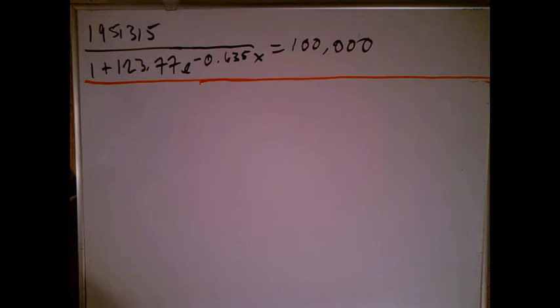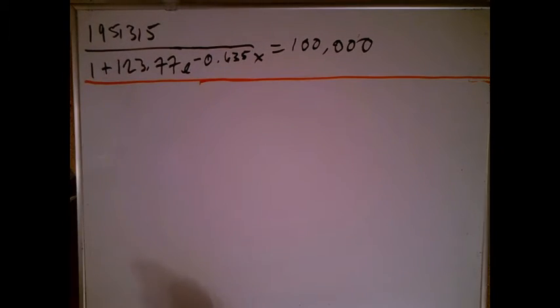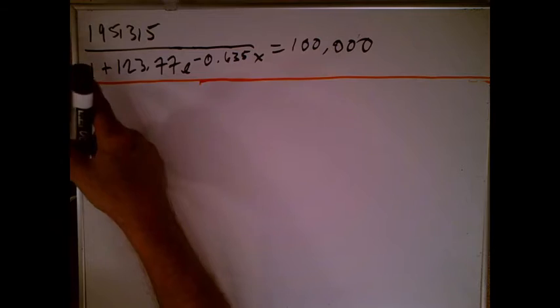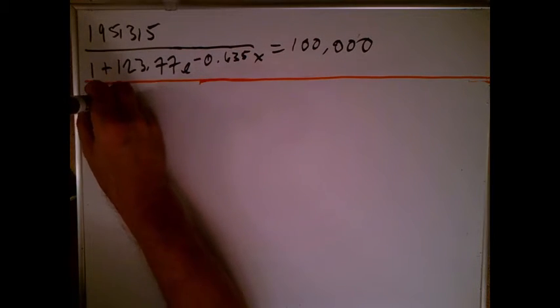If I try to take logarithms right away, I'm going to get a mess because of this plus sign down here. I'm really going to have to try hard to get e to the something by itself and then use logarithms. So what I'm going to do, unfortunately, is multiply both sides by this bottom. The left-hand side becomes much nicer. I get